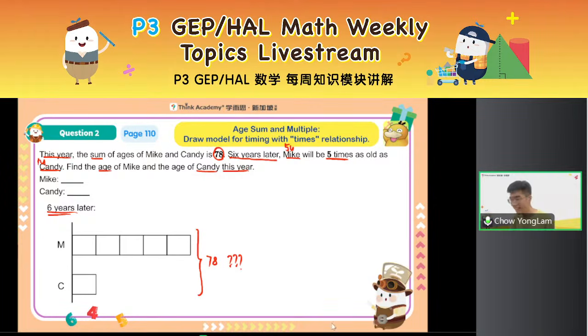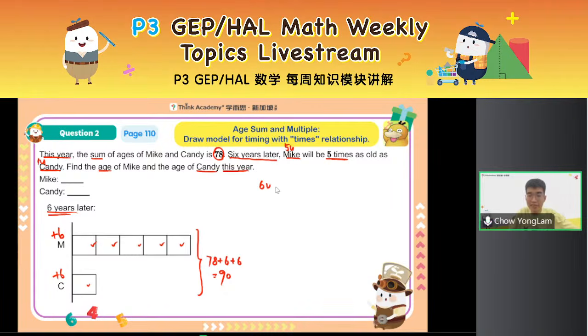Okay, so you realize that this year is 78. 6 years later, Mike will grow by 6 years, and Candy's age will also grow by 6. So it's actually 78 plus 6 plus 6 equals how many? Very good job, some people are chatting very furiously. It's 90, right? So that means you have 1, 2, 3, 4, 5, 6